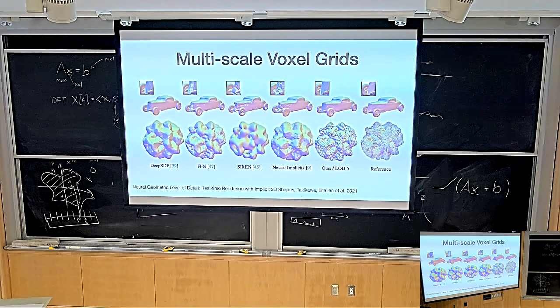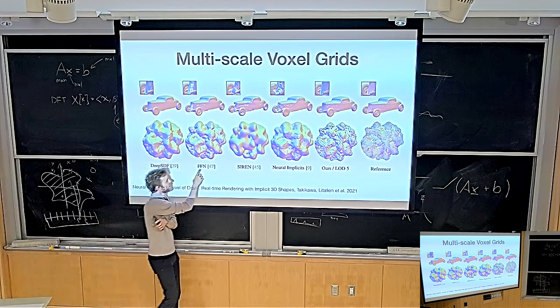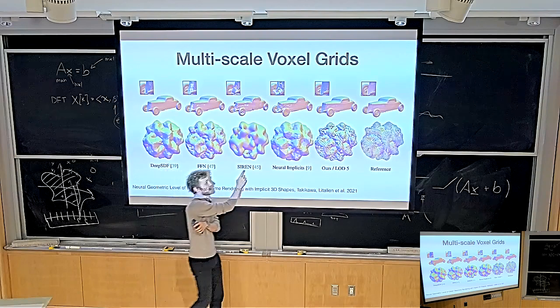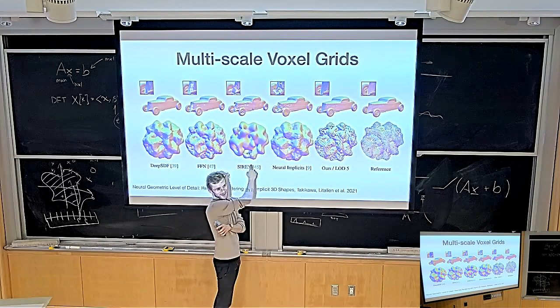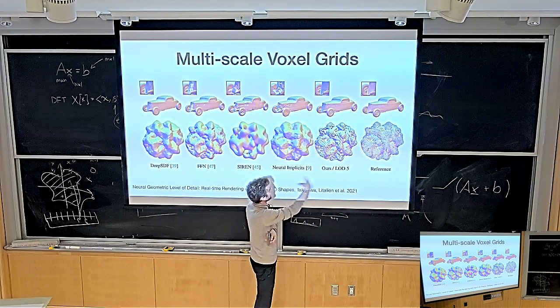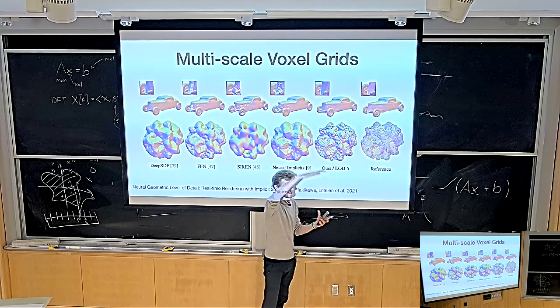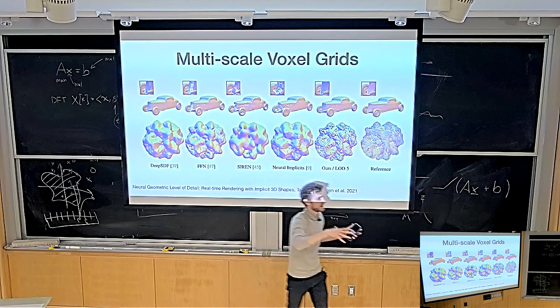So this is multi-scale voxel grids, neural geometric level of detail. This was an NVIDIA paper from 2021. Here they actually compared Siren. So now you know what each of these are. DeepSDF was just a ReLU neural network. Then Fourier feature neural networks, that's one of the papers we talked about with the sine-cosine embeddings. Siren, that was my paper. I actually think it doesn't look that bad. I think I could do a better job, but still the point stands. It is definitely true that the only thing that actually worked was this voxel grid. If you try to fit your neural network to this very complex 3D fractal, it didn't work very well.